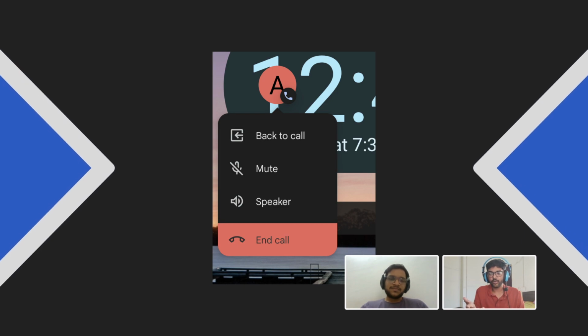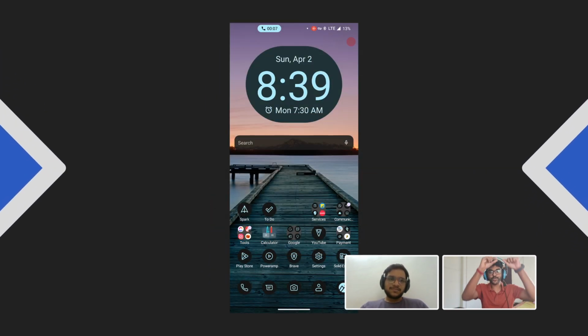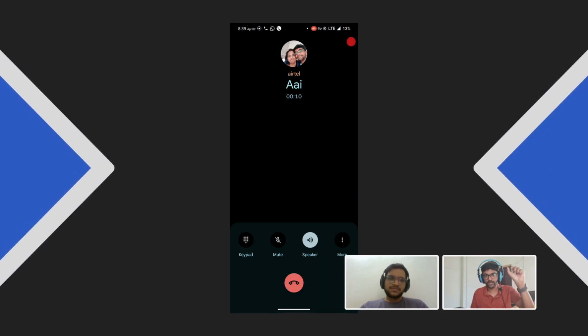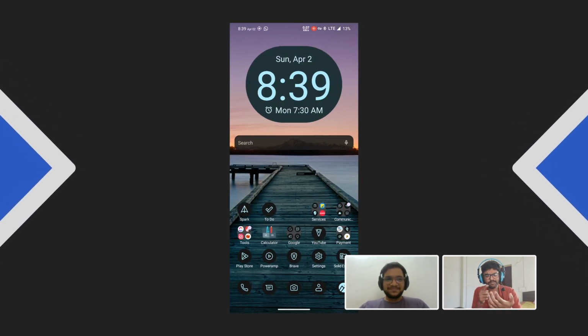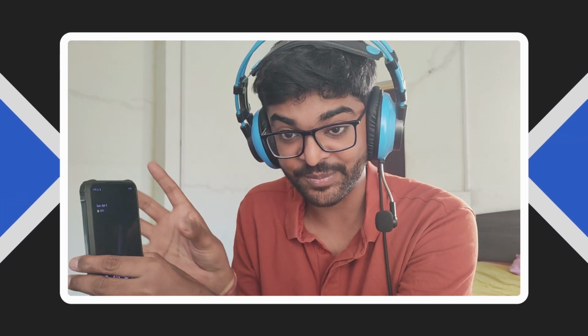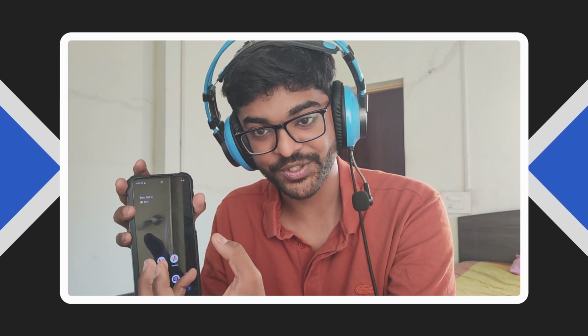So now it's like iOS, where it goes to the top of the screen. A small chip comes at the top, and it is infuriating, because the point of the bubble was that I can do something else, tap on the bubble and mute, tap on the bubble or hang up. Now I have to tap on the chip, it will open the call screen, and the chip is on top. So again, for reference, this is a phone. When I'm on a call, I'm using it like this. I don't want to go up here, tap on the chip and then have to speak. I'd rather have it somewhere in the middle where I tap on it and then get the option.